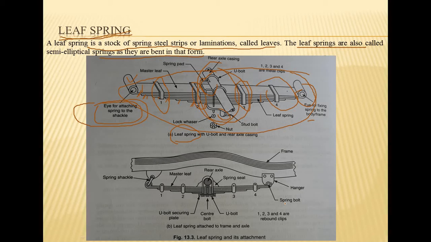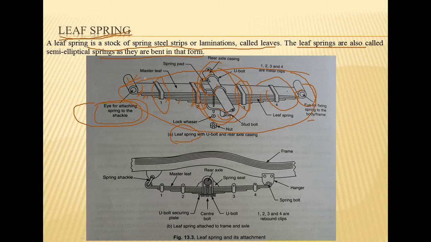About the next characteristic, generally a longer leaf is softer than a smaller leaf spring. The springiness of the leaf spring can be varied by varying the number of leaf laminations. The greater the number of leaves in the spring stack, the firmer will be the spring and the greater will be its load carrying capacity. However, the riding comfort will be adversely affected.